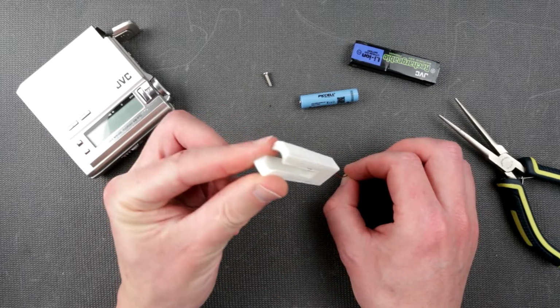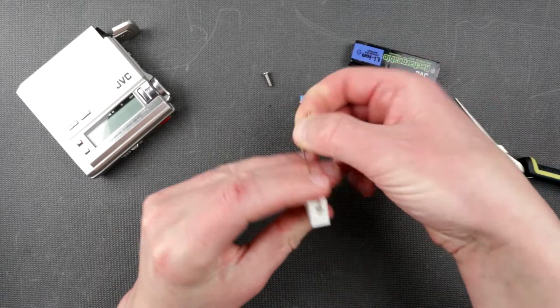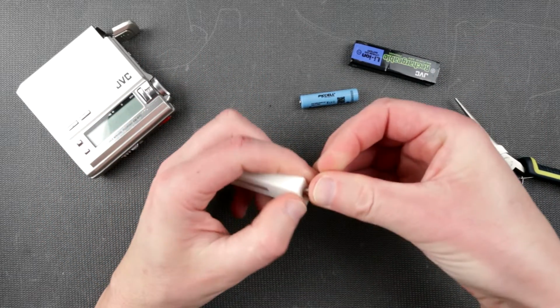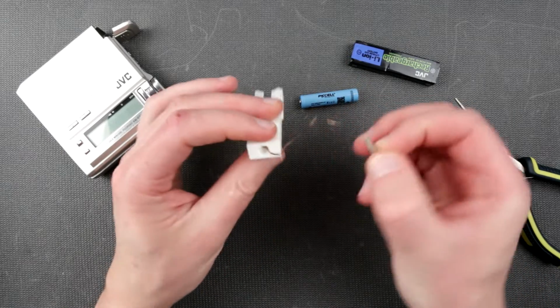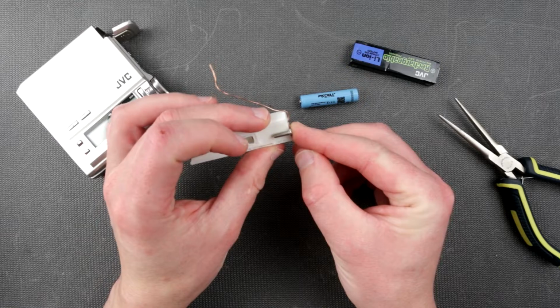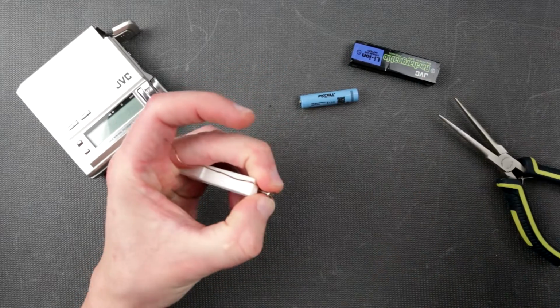Okay, so you have a little contact right there, so like a contact point. Now you just bend it over like this, take your screw. This is like an M3 screw, pretty much of any length. Probably not shorter than 10 millimeters. I'll tell you why. Then take a screwdriver